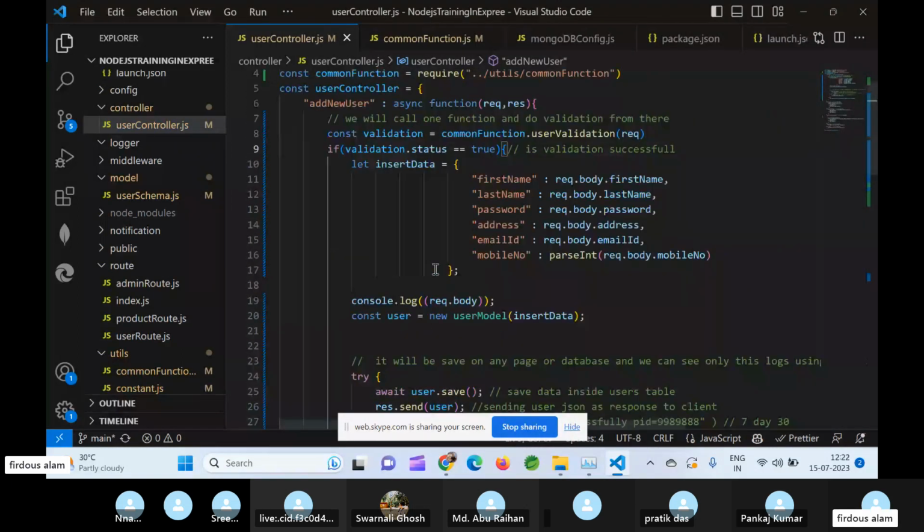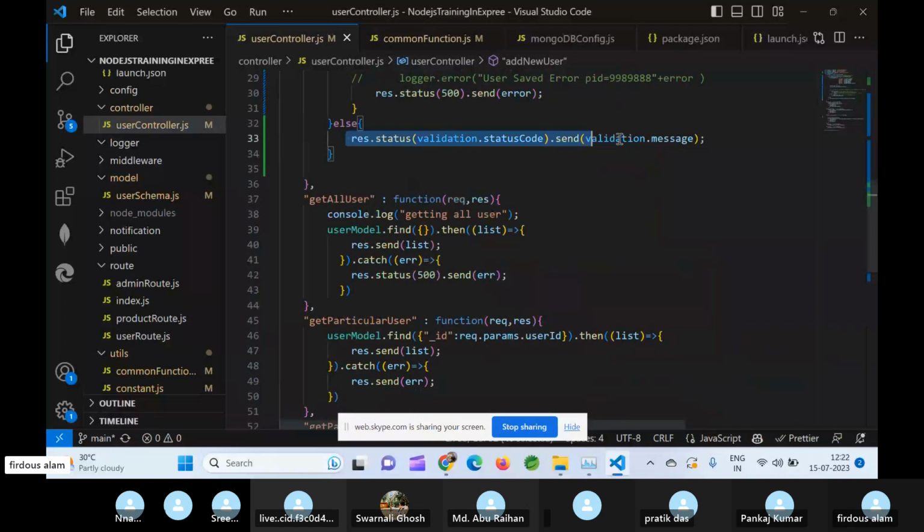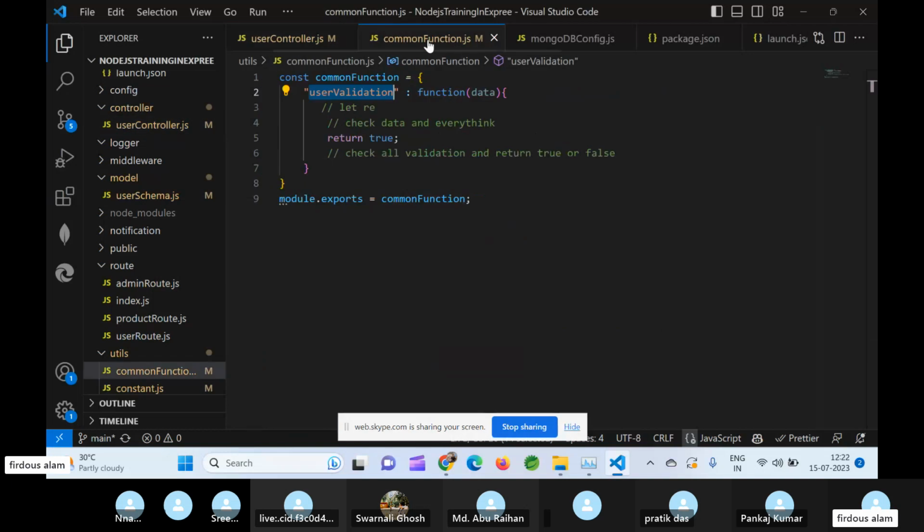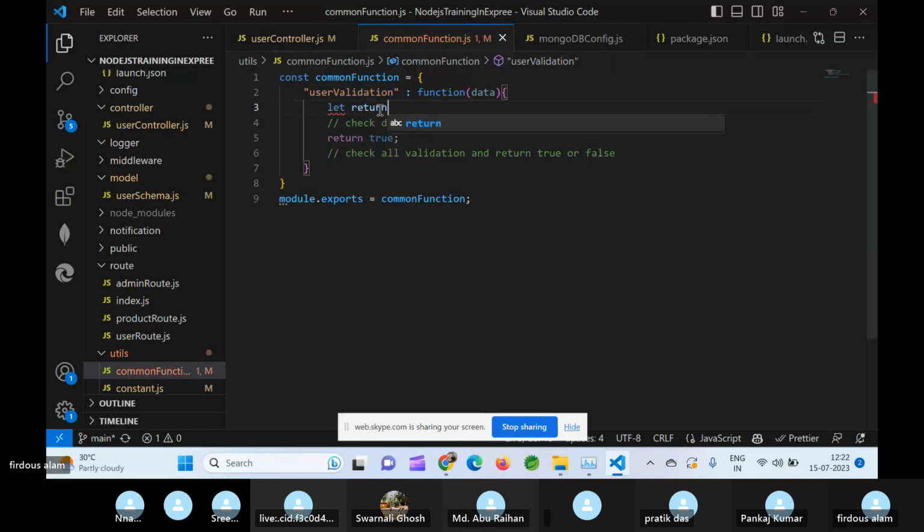If it's not, then I am adding the status code which I'm getting from the validation function and the message which I'm getting from it. Okay, so let's go to our function and update our code. Return string. Okay, and here